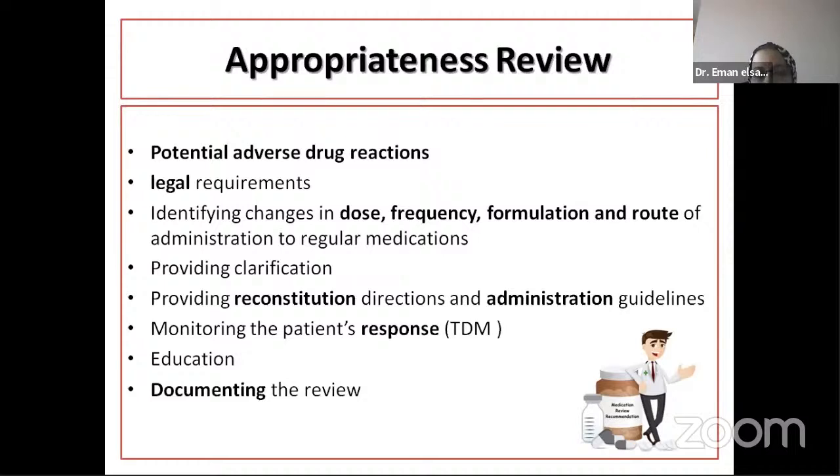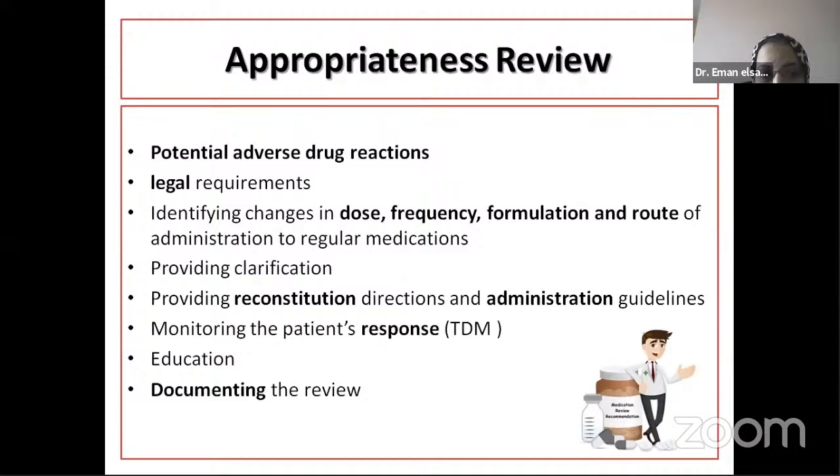They should identify any changes in dose, frequency, formulation, and route of administration of regular medication. For example, if the patient is taking oral medication and another patient has a nasogastric tube, this medication should be ground or mixed before administration. If there are any TPN medications, all of this will make differences in formulation or dosing,